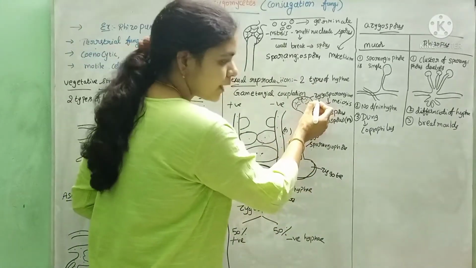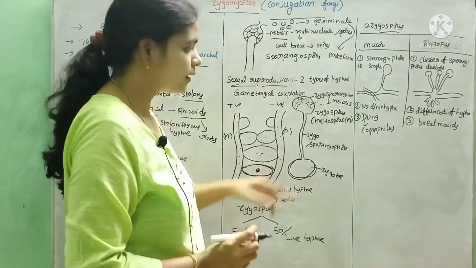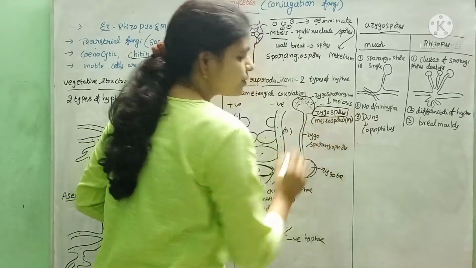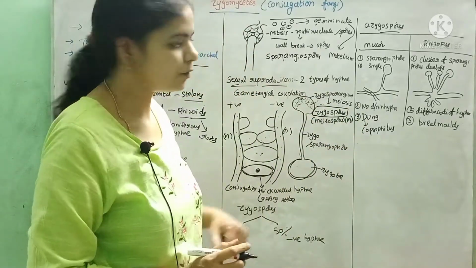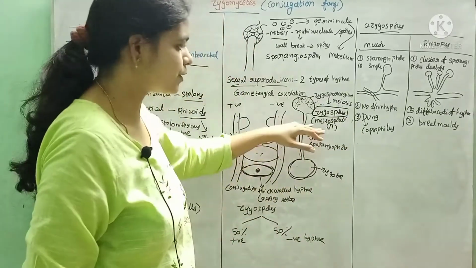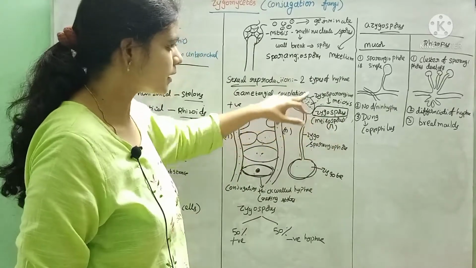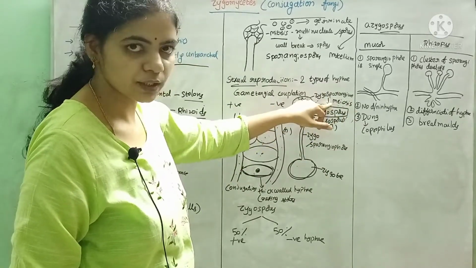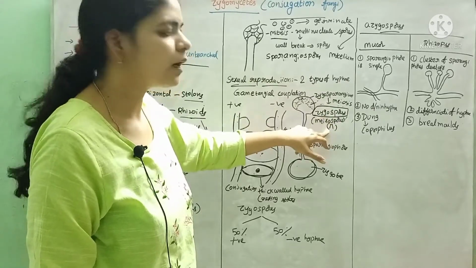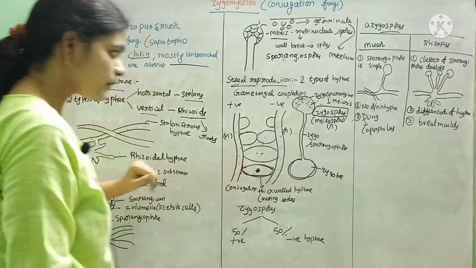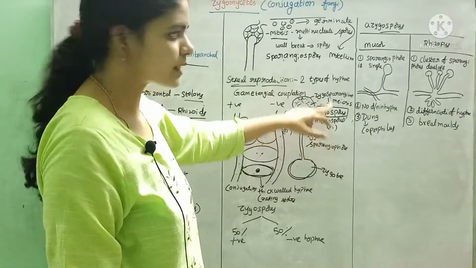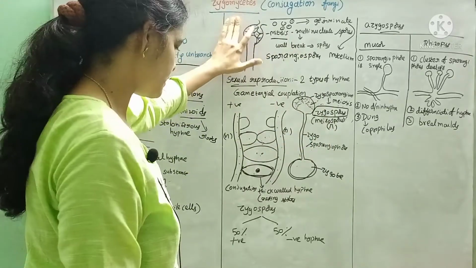In the zygosporangium, meiosis takes place and spores called zygospores are produced, which are also called meiospores. What is the condition of these zygospores? Haploid, because in the zygosporangium, meiosis or reductional division takes place and then zygospores are released, which are haploid. So the resulting spores of sexual reproduction are zygospores, hence the name zygomycetes.